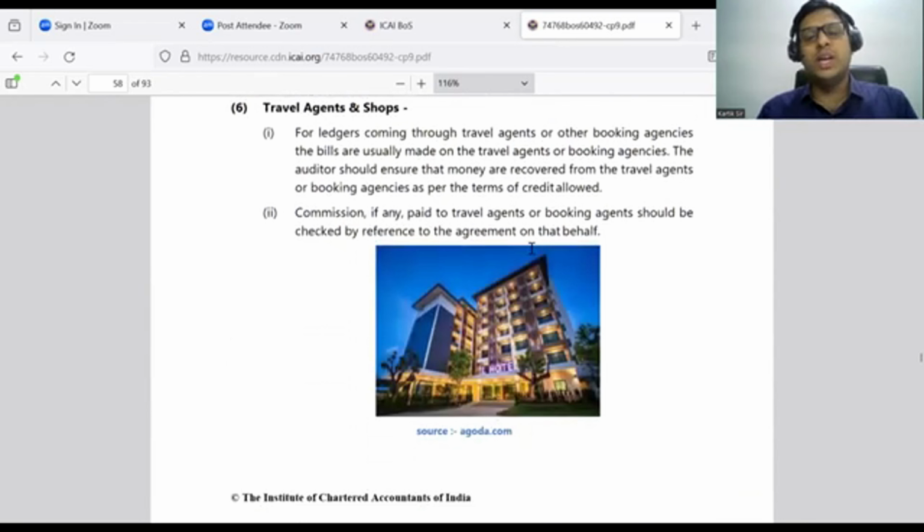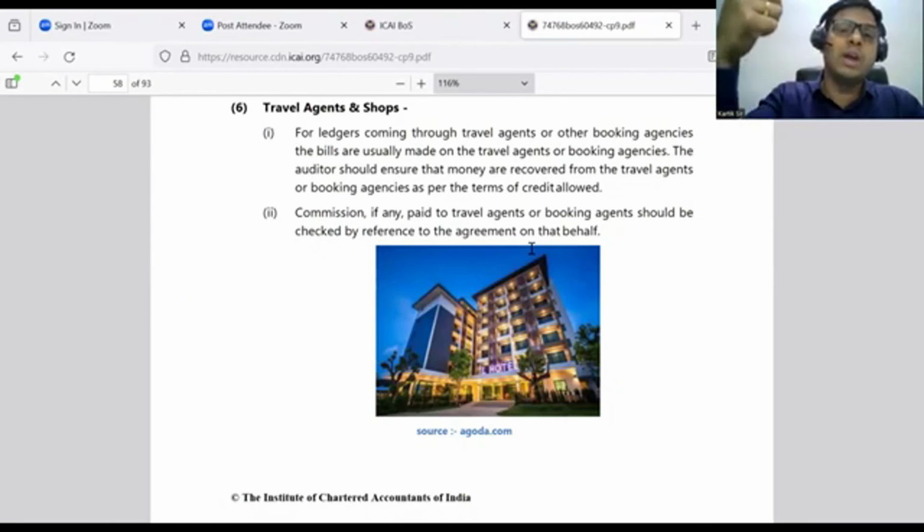Remember, in many hotels there is a travel desk where a travel agent ties up with the hotel and they have a travel desk booth. Whenever guests from the hotel are using the travel agent services, in that case the travel agent will pay the hotel some kind of commission because he's getting the customers because of the hotel.